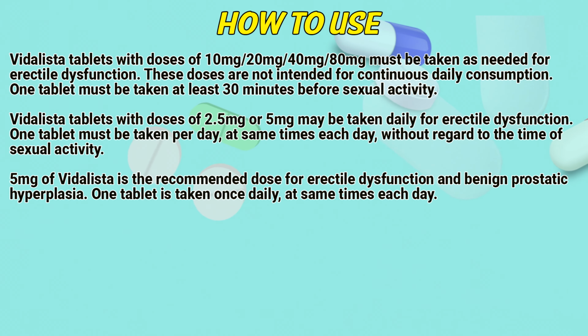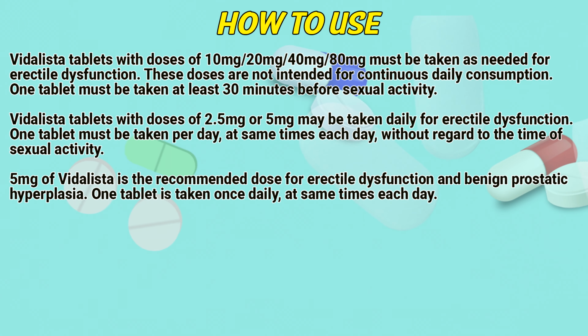How to use? Vidalista tablets with doses of 10 mg, 20 mg, 40 mg, 80 mg must be taken as needed for erectile dysfunction. These doses are not intended for continuous daily consumption. 1 tablet must be taken at least 30 minutes before sexual activity. Vidalista tablets with doses of 2.5 mg or 5 mg may be taken daily for erectile dysfunction. 1 tablet must be taken per day at the same time each day without regard to the time of sexual